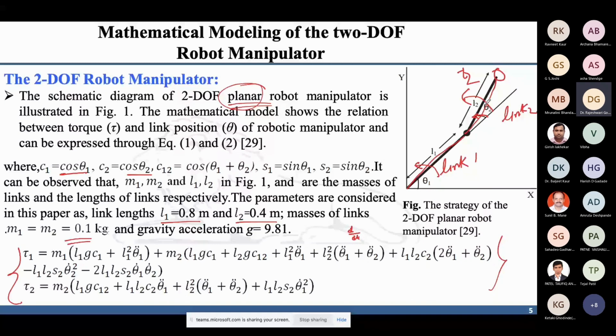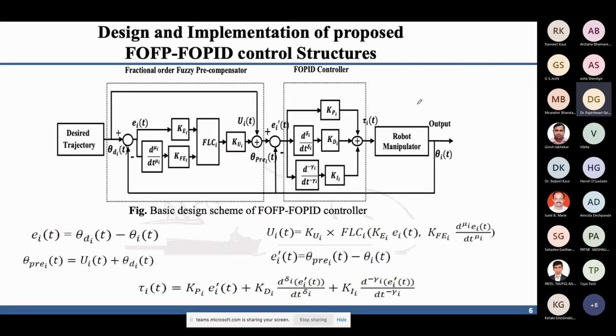Okay, so here you can see that this is our pre-compensated fuzzy logic controller, right? This is your PID controller, simple PID or FOPID. This is KP, KD, KI. This is a PID, and because we are working on the fractional order, that's why we have integrated a fractional part as well. So here this is a derivative part, d by dt, and d by dt to the power minus gamma, this is a kind of 1 upon d by dt, so this is an integration itself, right? That's why it is written likewise.